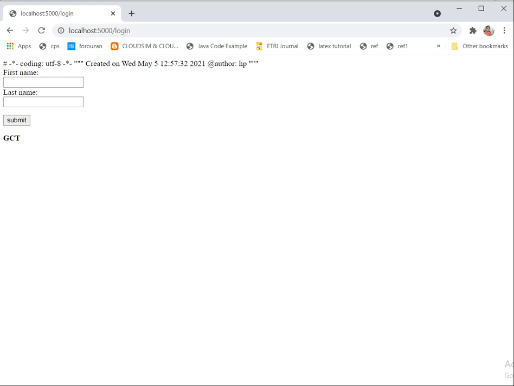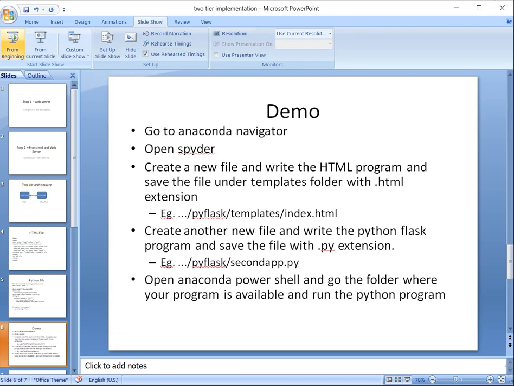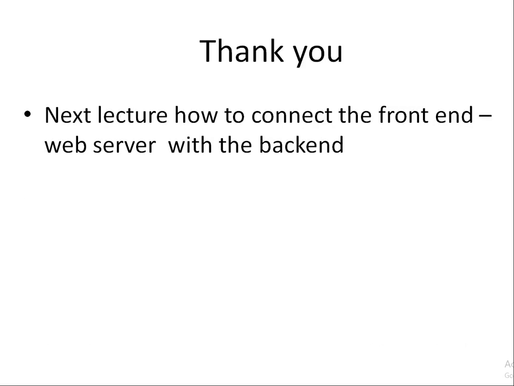Okay, with this, let me conclude the session. That's all about the second lecture, and in the next lecture we will see how to implement the three-tier architecture. That means it will include the HTML file, it will have its own web server, that is your Python file, and we are going to connect it to the backend, that is MySQL, right? Either you can use XAMPP or remote MySQL. Let me explain both the cases, or let me stick to the remote MySQL, so that it will be easy for you to implement in future also.